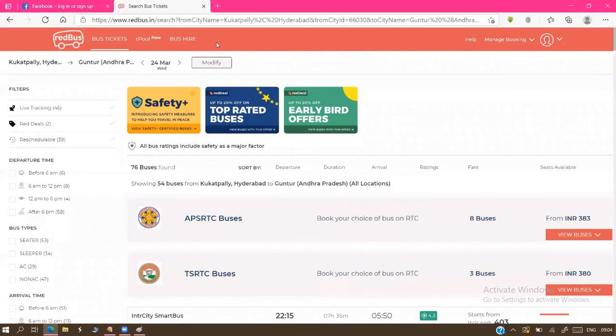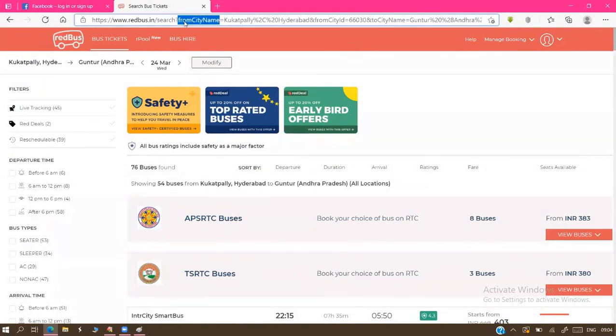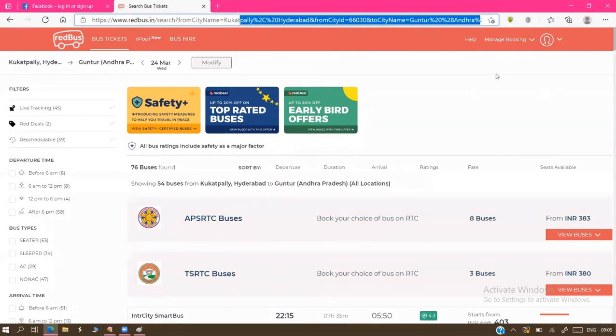And what data did we supply here, sir? From Hyderabad to Guntur, and the date of journey, we supplied in get methodology. All this data is stored in the browser's buffer, in the browser history. Next month, if you open the browser history for 13th March, what we searched in redbus is available. Your Hyderabad Guntur details are also available in browser history.